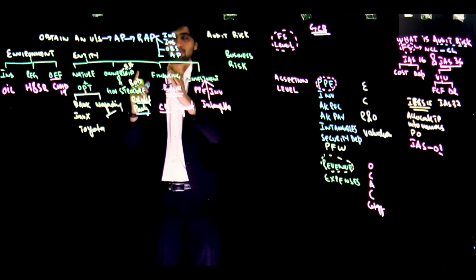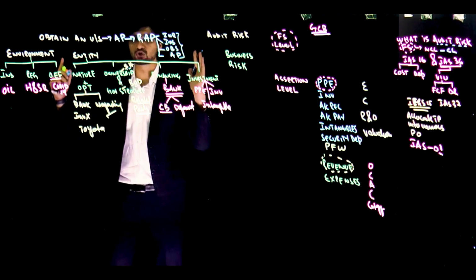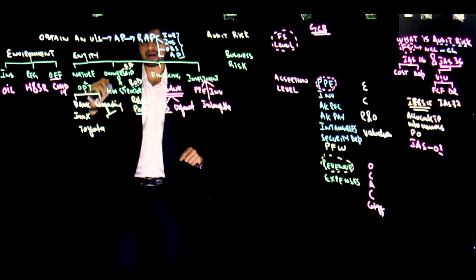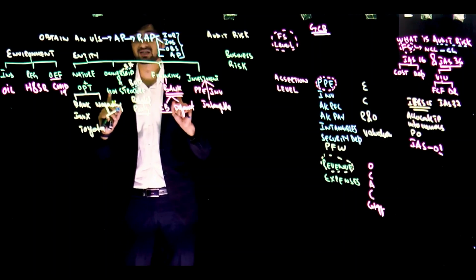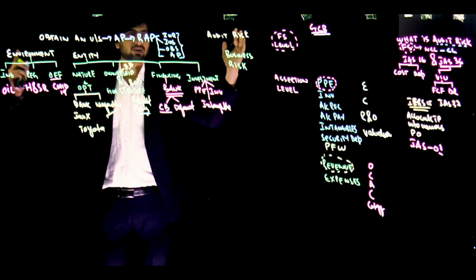These are the risk assessment procedures. As an auditor, you have to perform these procedures to obtain an understanding. Once you obtain an understanding, these are not called the audit risk. That is not the audit risk. They are just the risk factors. Once you obtain an understanding,